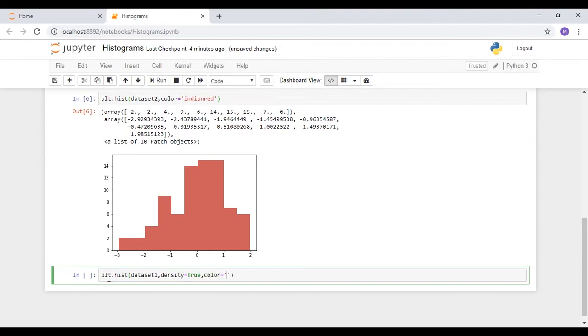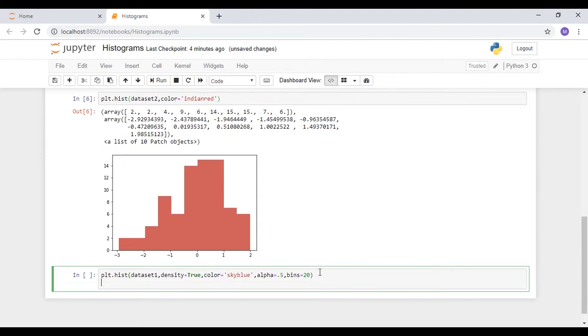Right. And we're going to set this one to sky blue. And we're going to set the alpha to 0.5, and that just sets the transparency. I'm going to set the bins to 20. Now we're going to go ahead and plot the other dataset 2. So putting them within the same